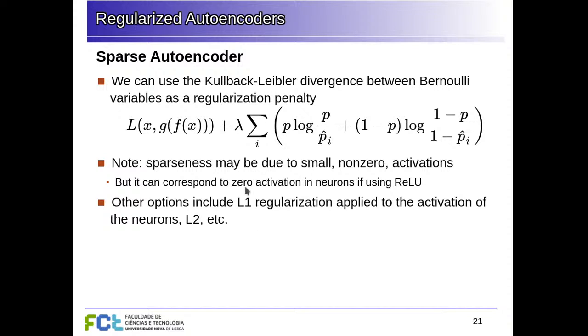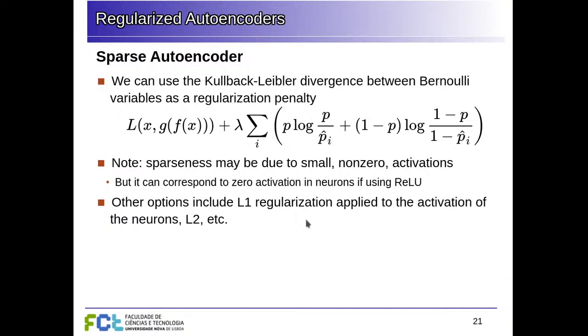So this can also be due to very small activations. If you use sigmoid activations, for example, they will not be exactly 0, but you'll have some small activations there. If you use rectified linear units for that hidden layer where we will create our encoding, then this can be really 0 activations. There are other options for regularization. For instance, we can apply L1 regularization to the activation of the neurons instead of the weights. This will also reduce the firing of the neurons at that layer and make the encoding sparser. L2 regularization, and so on. There are different ways of doing this,